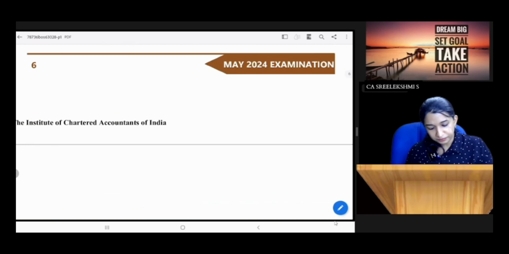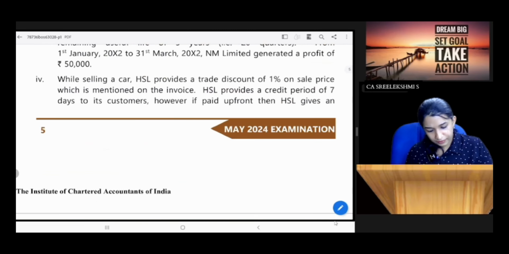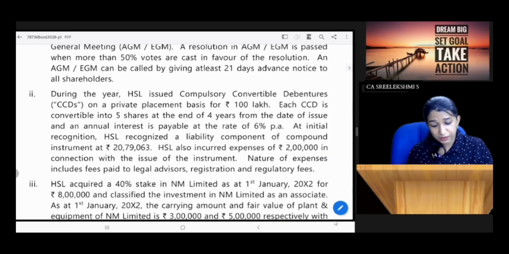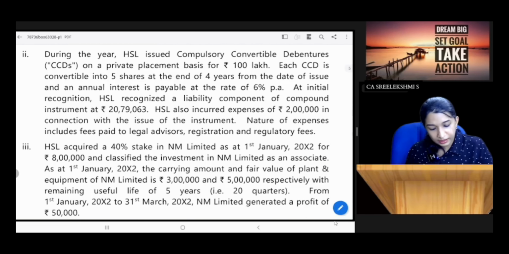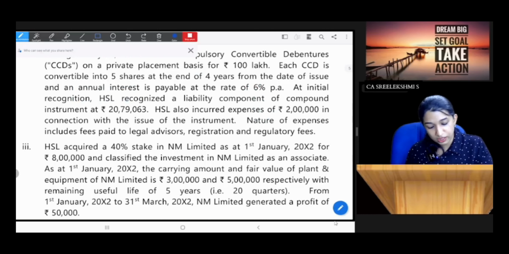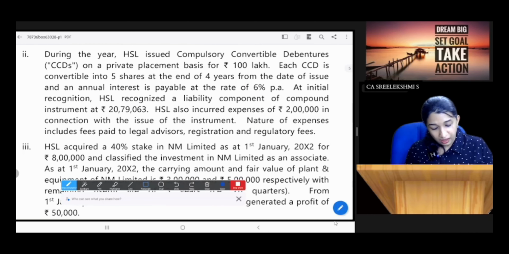Okay, fine. Then case study number 2. During the year, HSL issued compulsory convertible debentures on a private placement basis for 100 lakhs. Each CCD is convertible into 5 shares at the end of 4 years from the date of issue, and an annual interest is payable at the rate of 6% per annum. At initial recognition,